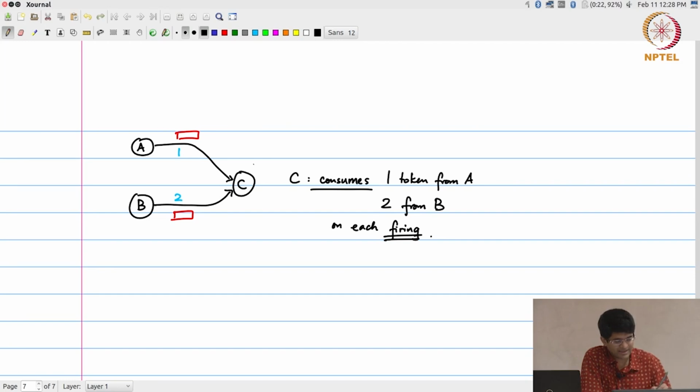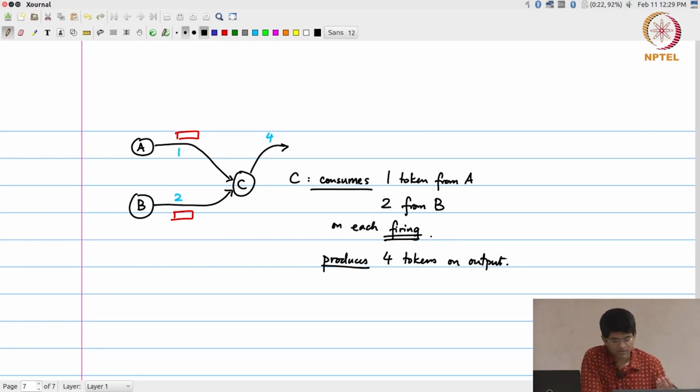Okay. And interestingly, I could also associate some other number with the output of C. Let's say that I put the number 4. Okay. In which case it produces 4 tokens on its output. This is valid. I am not saying that this is always to be done or anything of the sort, but having a functional node C of this sort is perfectly valid. It is possible. I can model it using this framework,